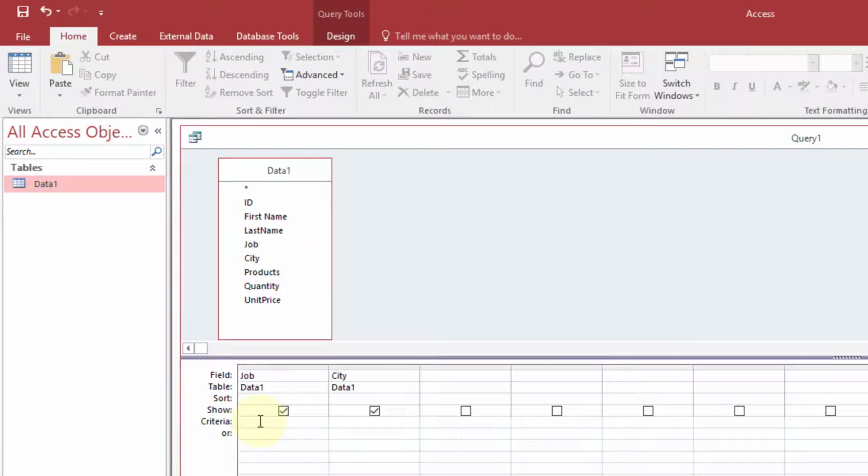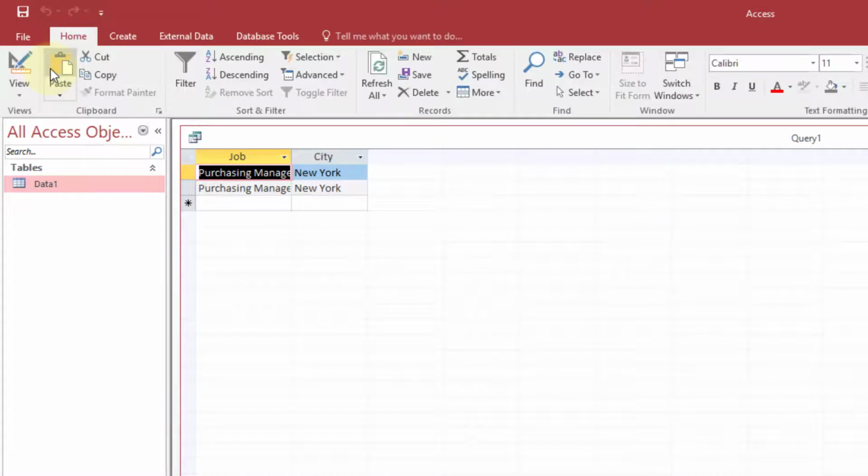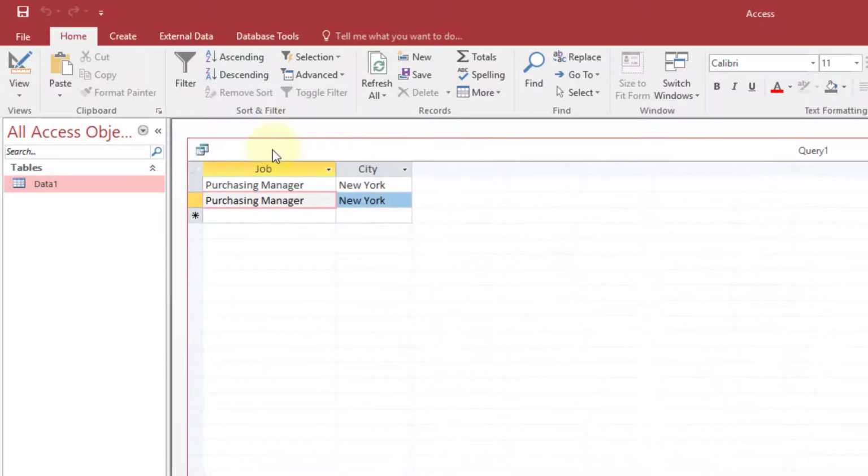Now for the job criteria we have a purchasing manager, and for city we have New York. So now when both the criteria are true, only those records will be displayed. You can see here we have 2 records with job as purchasing manager and city as New York.